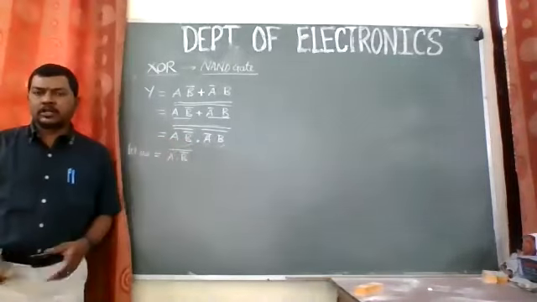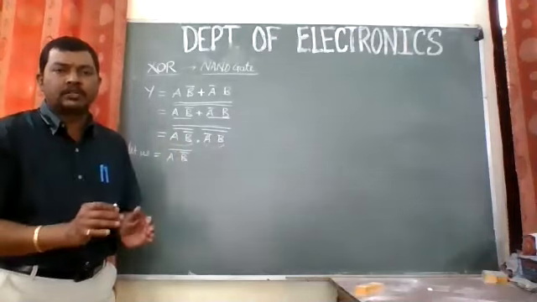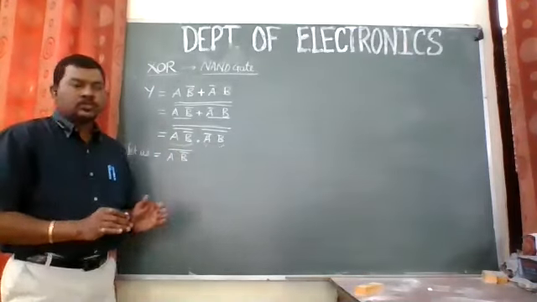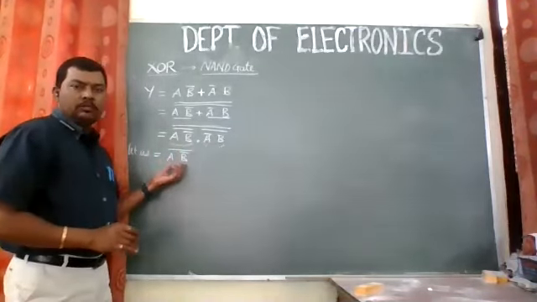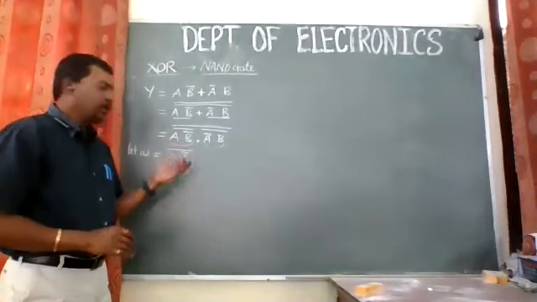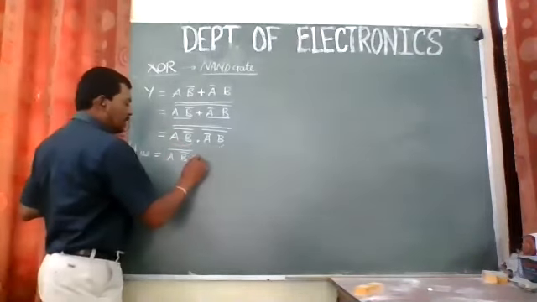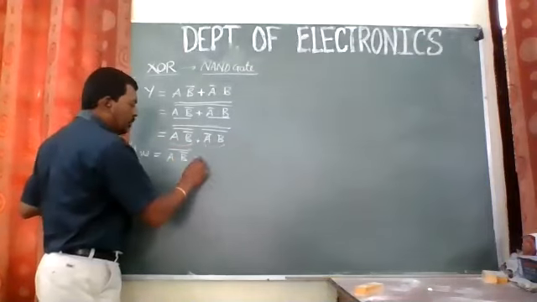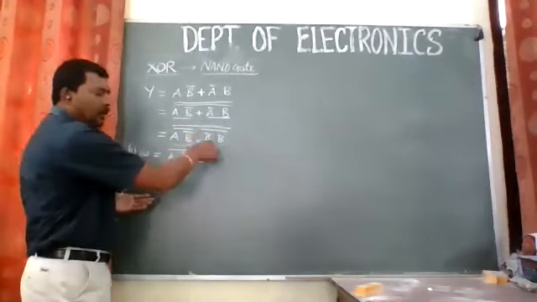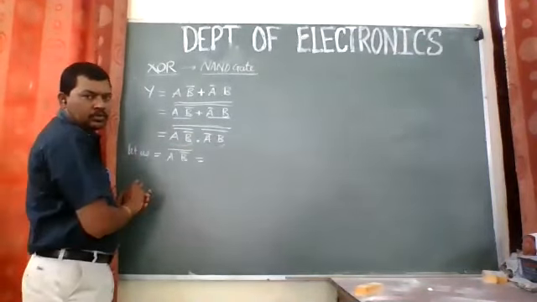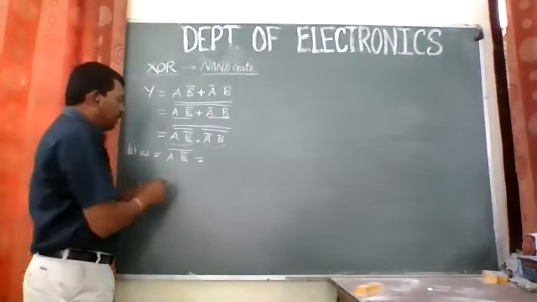So this is the first term I'm considering over there, and I need to simplify it a little further. So how are we going to do that? I've taken this A dot B bar, the whole complement of it. That can be written as, just remember, because we need to simplify this second term also, in a similar pattern.